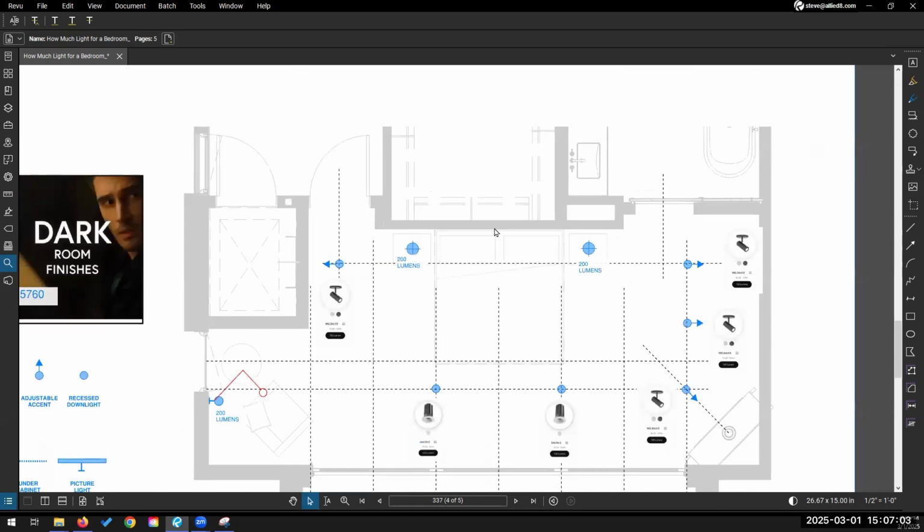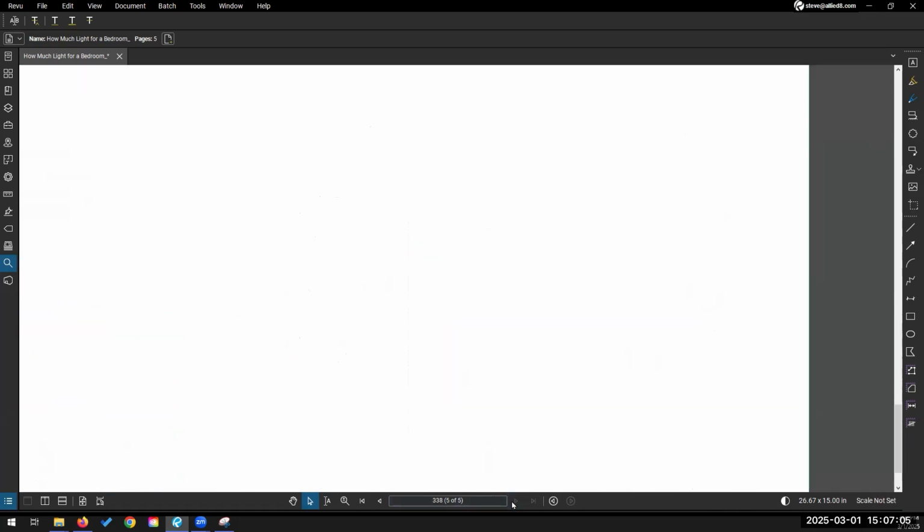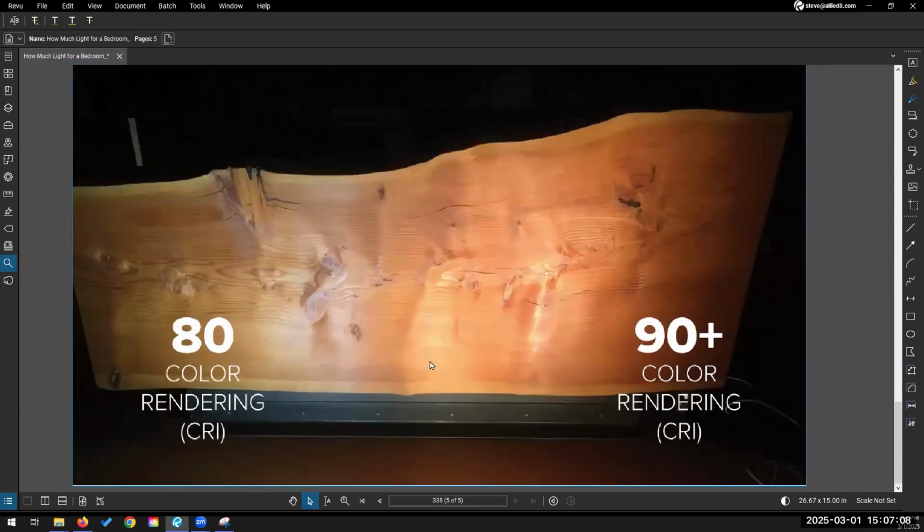So as we are looking to finalize the lights, something to keep in mind is that we just want to make sure that all of our lights are dimmable, because not all LEDs dim. And we want to make sure that those lights are UL listed for the country that we're working in. And then finally, we want to make sure that all of the LED lights are a 90 CRI score. So color rendering is at least 90, so that we're bringing out the true color of the materials, the woods, the artwork that we are